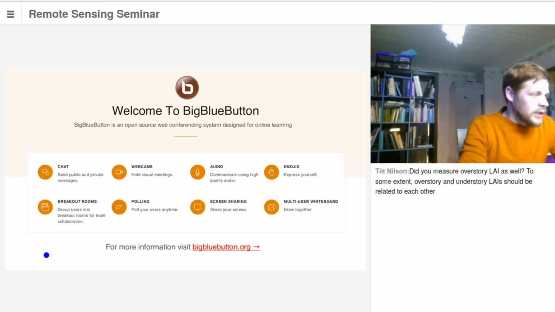But what we are doing at the moment, I see Jan is also typing, so probably he's also giving a comment on that. We are at the moment comparing also remotely sensed products for these sites with our sites. Okay, this is not the overstory, of course, because this is everything that you can get. But I totally agree about overstory and understory. So I strongly assume that the stronger the overstory, the weaker will be the index of the understory. But this is a hypothesis that needs to be tested.